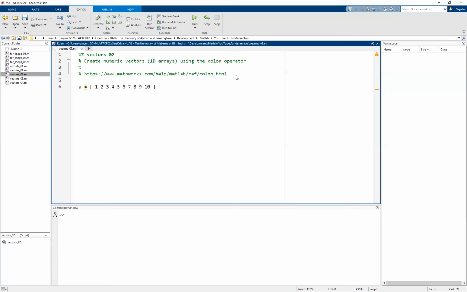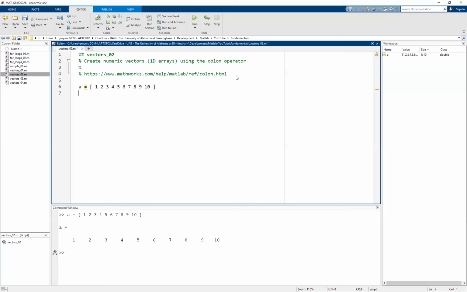So in this case, though, we do have a sequence of values and they start with 1 and go to 10. And even though they are integers, they will be stored as doubles. You can see here by simply highlighting and running it that now have a 1 by 10 double vector of